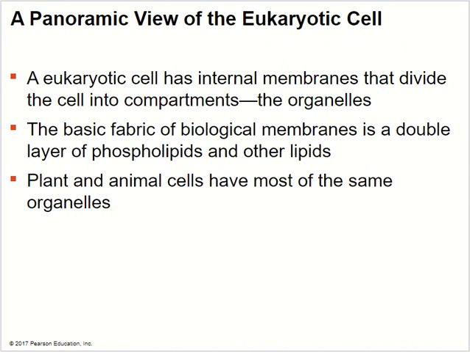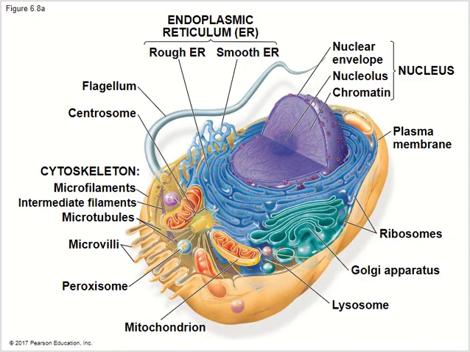A eukaryotic cell has internal membranes that divide the cell into compartments called organelles, essentially organs of a cell. The basic fabric of biological membranes is the double layer of phospholipids and other lipids. Plant and animal cells have most of the same organelles. There's the endoplasmic reticulum, which includes the rough ER and the smooth ER, rough ER having more ribosomes attached to it. There is also the Golgi apparatus,